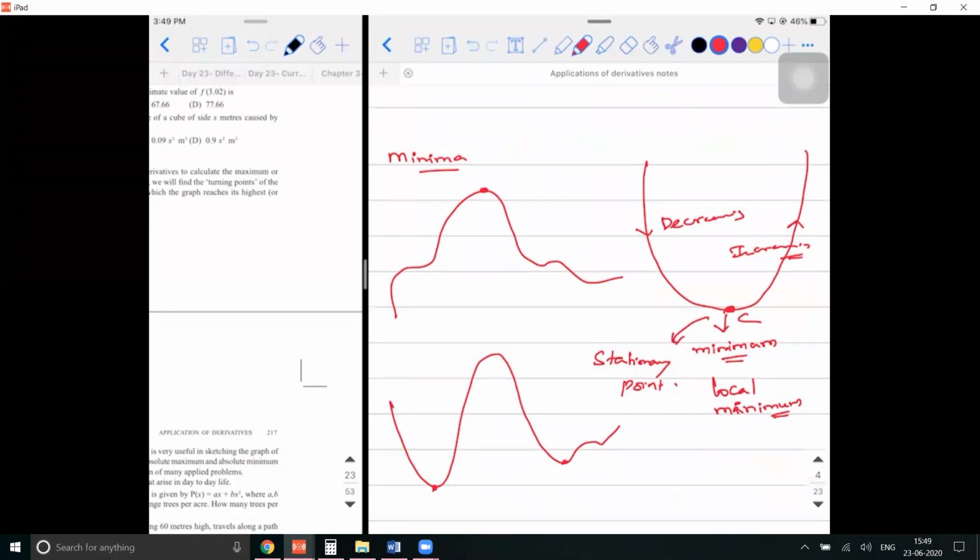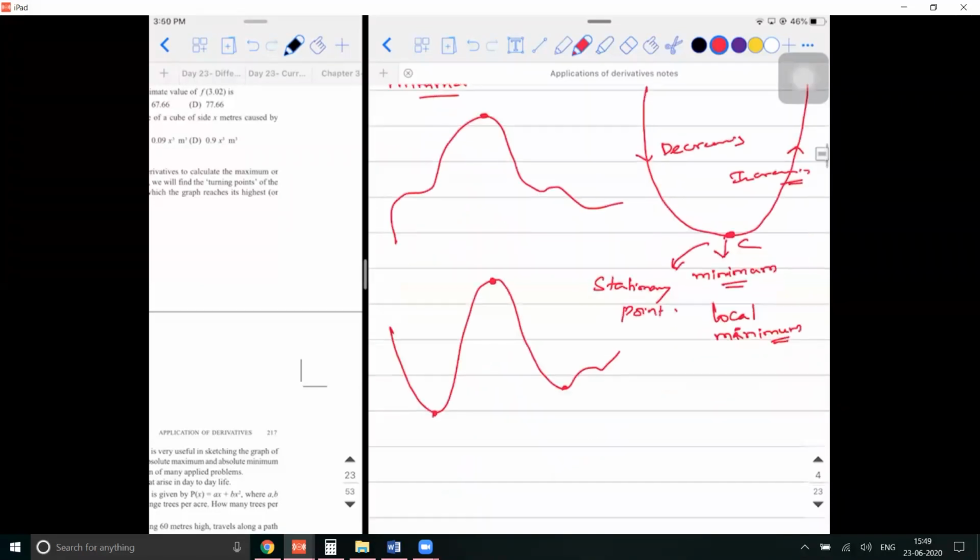Okay. But the whole question is, how do I bring the derivatives concept into this? So what is derivatives telling me? If I differentiate a function, it is telling me that I can find the slope of the tangent. That is the only point it is telling me. So how do I bring the slope of the tangent concept into this? What exactly is happening at the point of maxima or minima graphically?